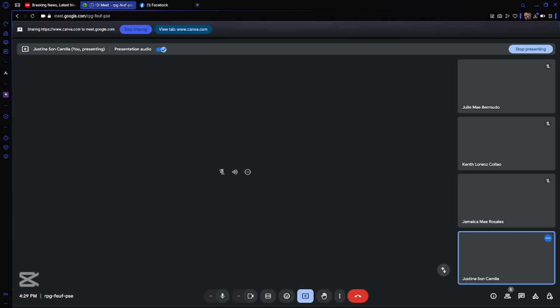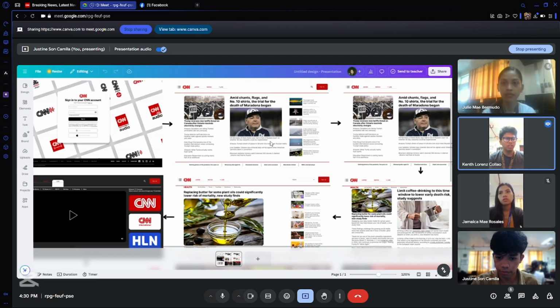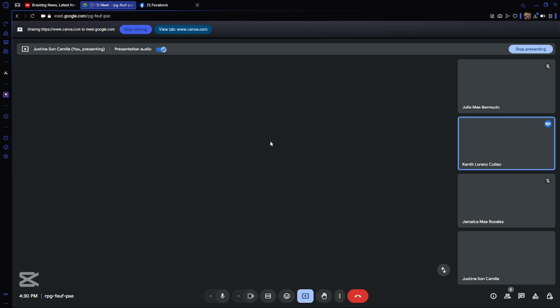I am Kent, and I'm going to be explaining the feature interaction. The user can explore different functionalities such as profile management, data entry, reports, and more. The homepage serves as the main dashboard, providing users with quick access to essential features. We have integrated a search functionality.